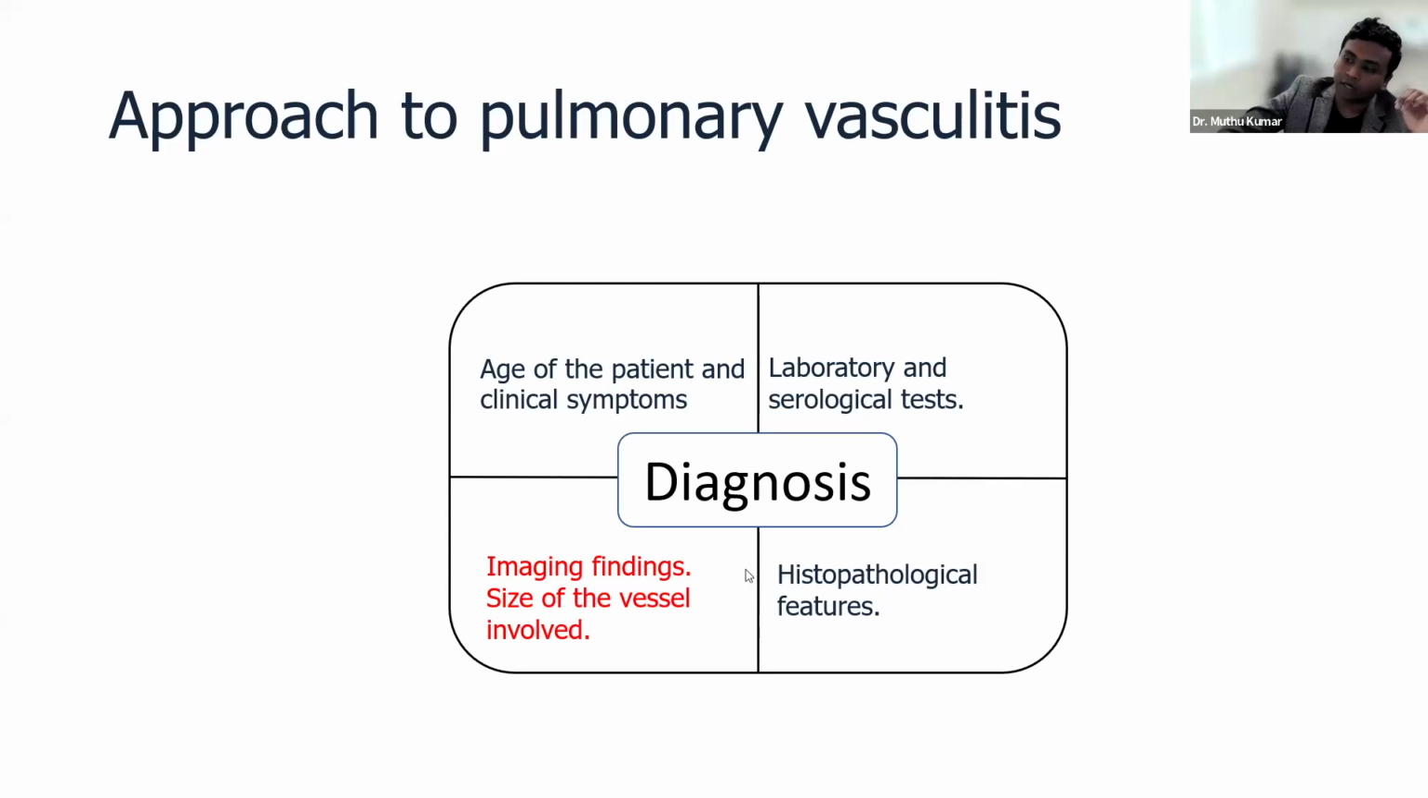Approach to pulmonary vasculitis: the age of the patient is of paramount importance, along with laboratory and serological data, imaging findings, and which vessel is involved. That is also paramount. You cannot call GPA in a patient who is having arteritis. You cannot call Takayasu just because a tiny segmental vessel is inflamed. So you need to be very specific about which vessel is involved, and we have to look at the histopathological features